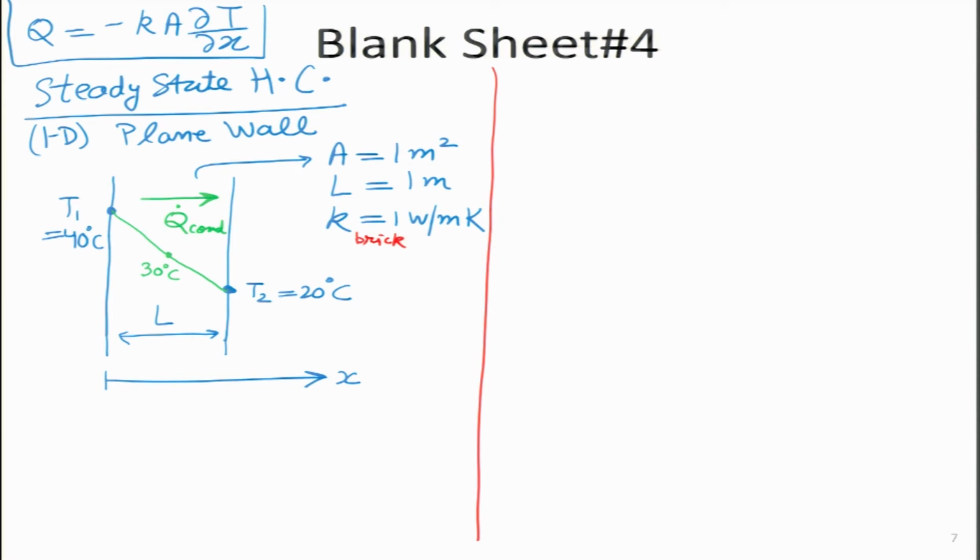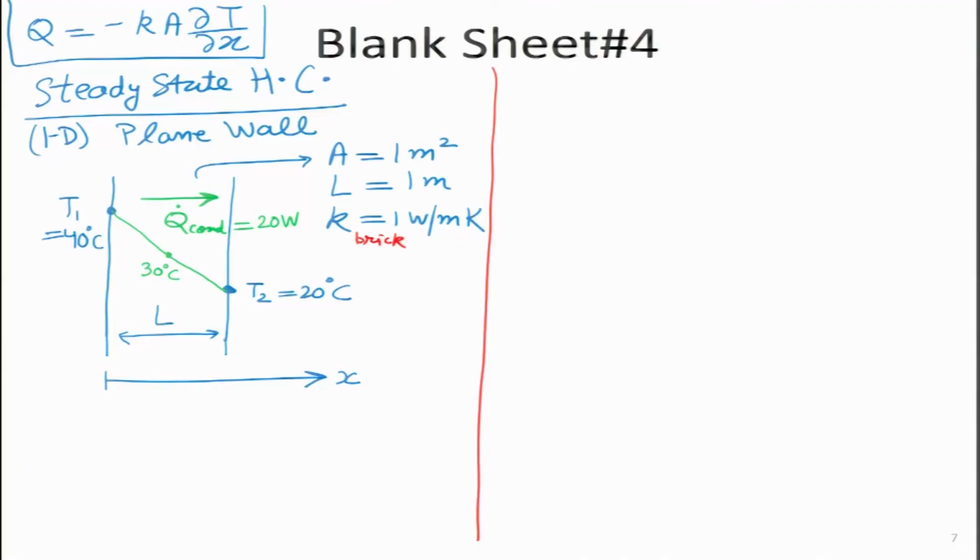If you do a quick mathematics on this one, because the numbers are very straightforward and simple, K is 1, A is 1, delta T is 20 degrees, and the thickness is also 1. So, in this particular case, because of the temperature difference of 20 degrees, the heat transfer which is taking place across this wall of 1 meter square cross section is simply 20 watts, which is a very small number, but it is okay for our illustration.